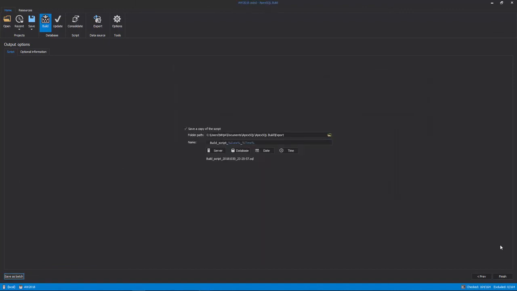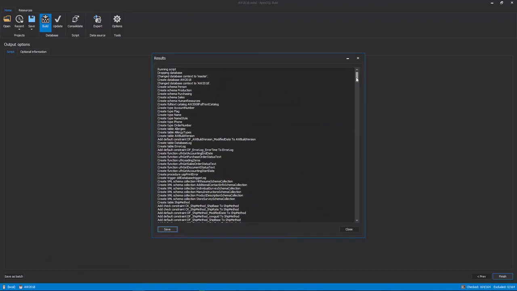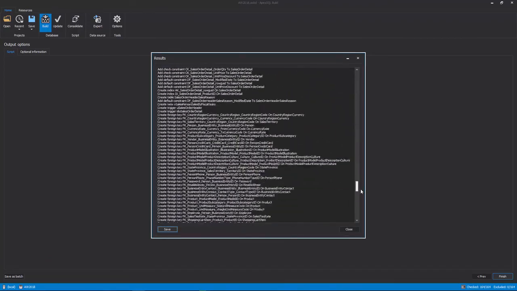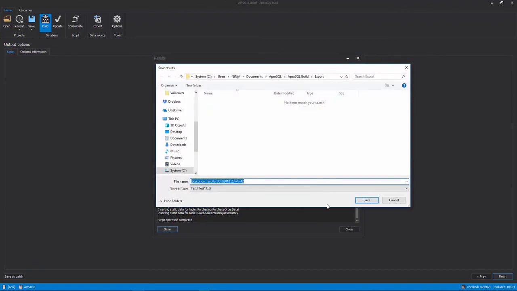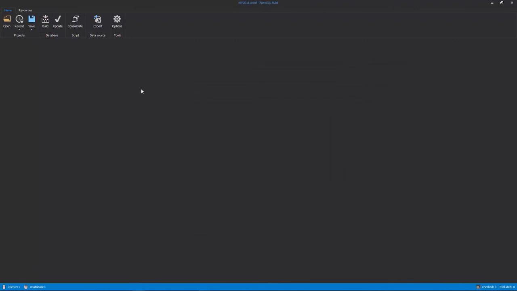After the batch script is saved, the last step of the build process will be shown again, and with a click on the Finish button, the build process will start executing the build script. Once the build process is done, the Results window will be shown along with information messages about taken actions. The execution results can be saved as a text file for detailed reviewing. Once the execution results are saved and the Close button is clicked in the Results window, the Initial Start window will be shown, along with the same actions in the Home tab from where a new action can be started.